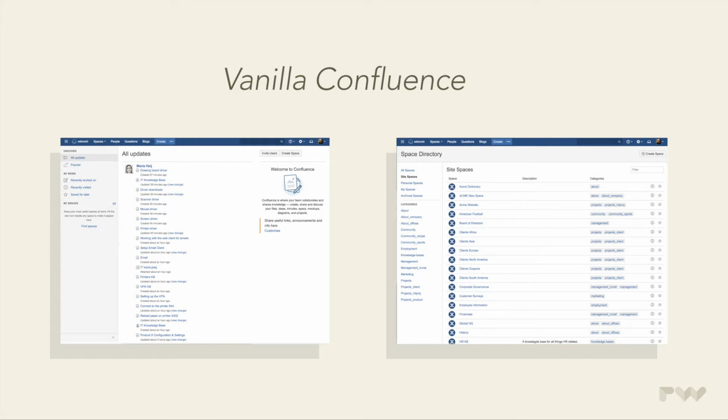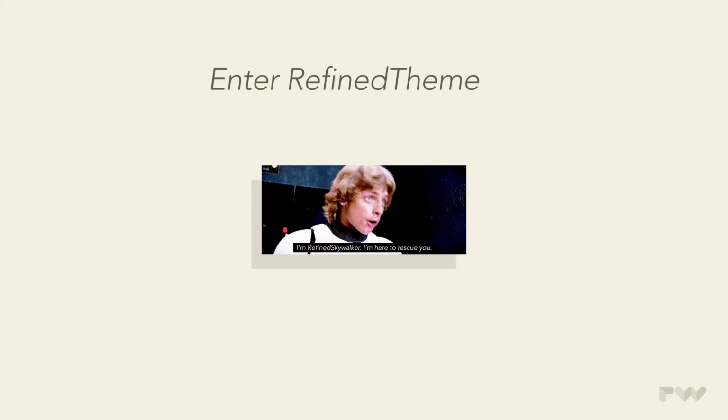This actually shows the list of spaces that we have in our demo Confluence. So there are a lot of spaces in there, and it's hard for our users to navigate them. So this is where RefinedTheme comes into the picture, and